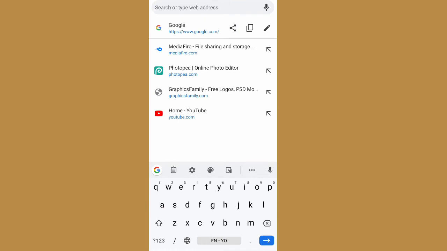Today I'm going to show you how to mock up your design using Photopea. I discovered that some people find it difficult to use Photopea. It's very simple to use. It's just for you to understand the concept and how to use it. And some people find it difficult to download PSD files as well.